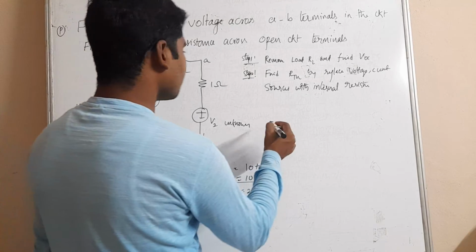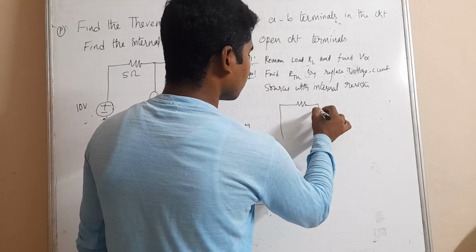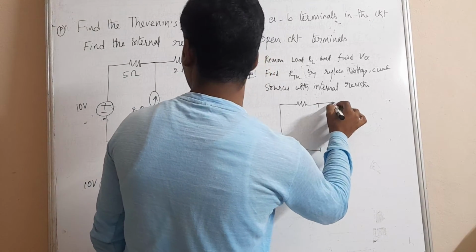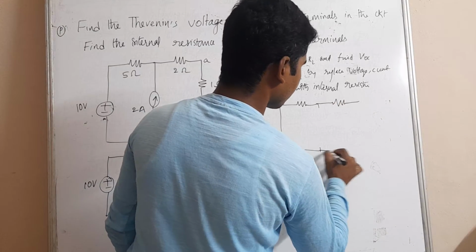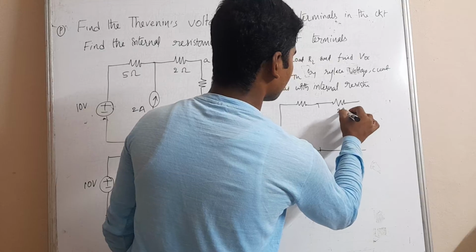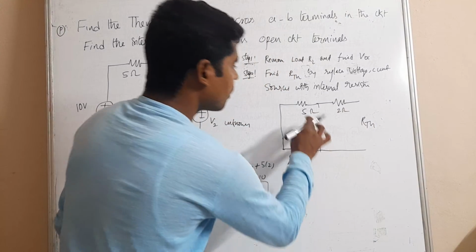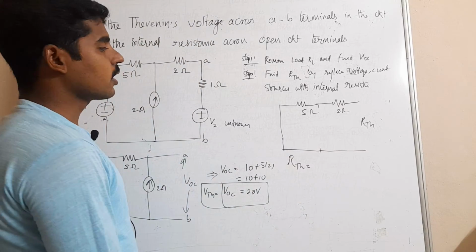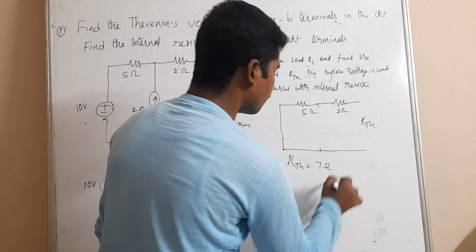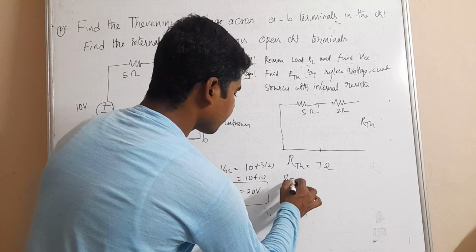At that time the circuit looks like this: the 5 ohms, this open circuit, and one more resistance, so this is generally RTH. The 5 ohms and 2 ohms resistors are connected in a series configuration, therefore 5 plus 2 gives 7 ohms. So the third step is step number 3,